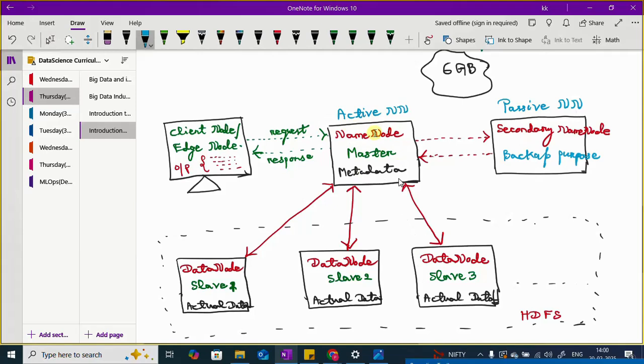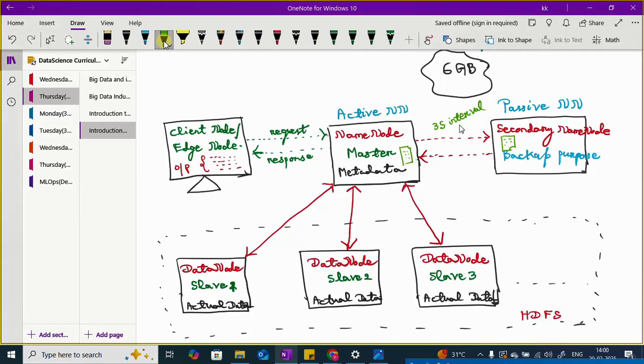And how is it taking backup? Like, what metadata am I storing here? Let me draw the diagram. This is my metadata information, right? It is stored here. Every 3-second interval, it takes a backup copy and stores it here. So even if this name node goes down, there is no chance of losing the metadata information. Why? Because every 3-second interval, not 3-minute interval,